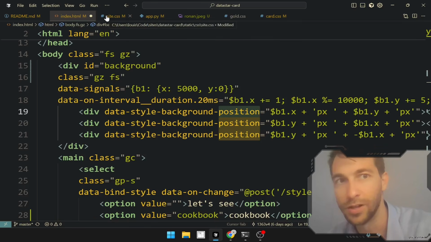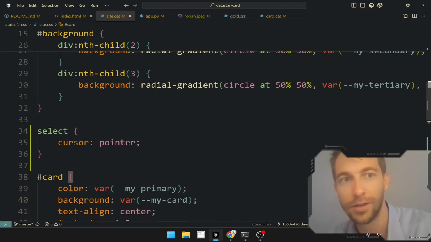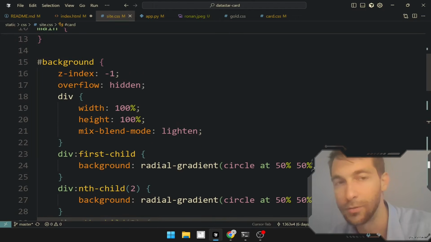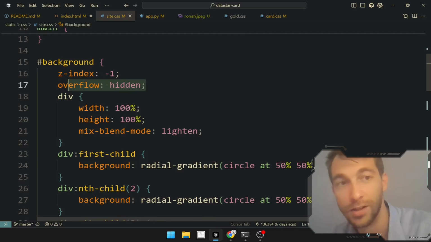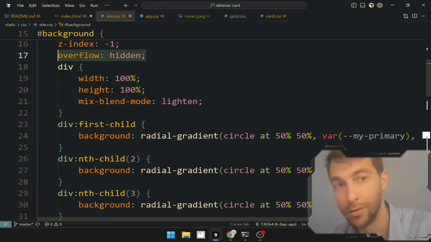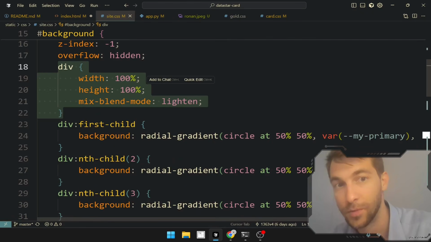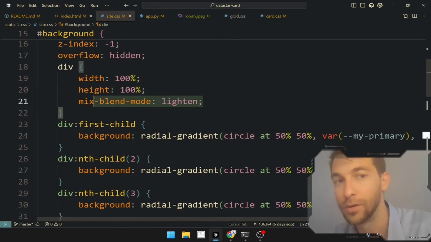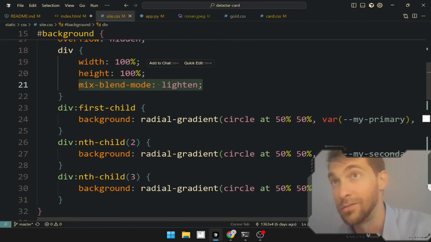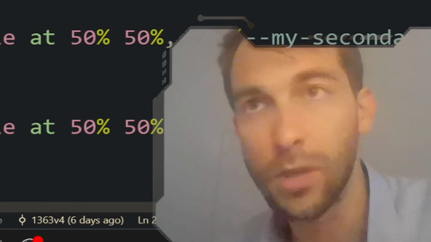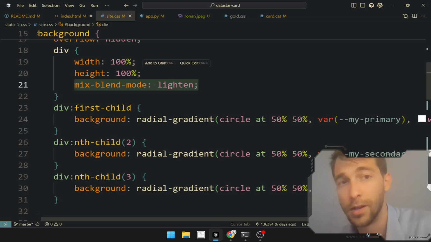Then we take a look at the CSS of the site, and for the background you just have to write z-index -1 to put it in the bottom, overflow hidden doesn't hurt for background, every div inside it full screen, and here's the important part, mix blend mode lighten. So when they cross each other they will multiply their colors in a fancier way than just being simple overlays. You can get away with opacity as well. And then we are